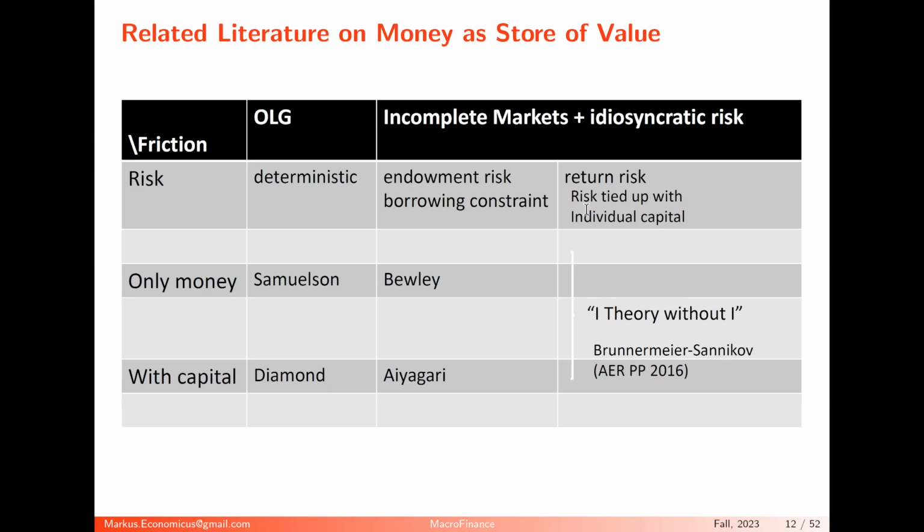And this actually makes it easier to handle, and you will see in a minute, I will show this here. If somebody is wealthier and has twice as much capital, he has also twice as much idiosyncratic risk. That's very different from this endowment risk. If somebody is 10 times as wealthy and has 10 times the amount of capital, it will be the case in Aiyagari, for example, that he has the same amount of idiosyncratic risk, because this risk comes from his endowment stream and not from his portfolio. Here it comes from the portfolio, and we will work with this one. This will turn out to be much easier to handle analytically.